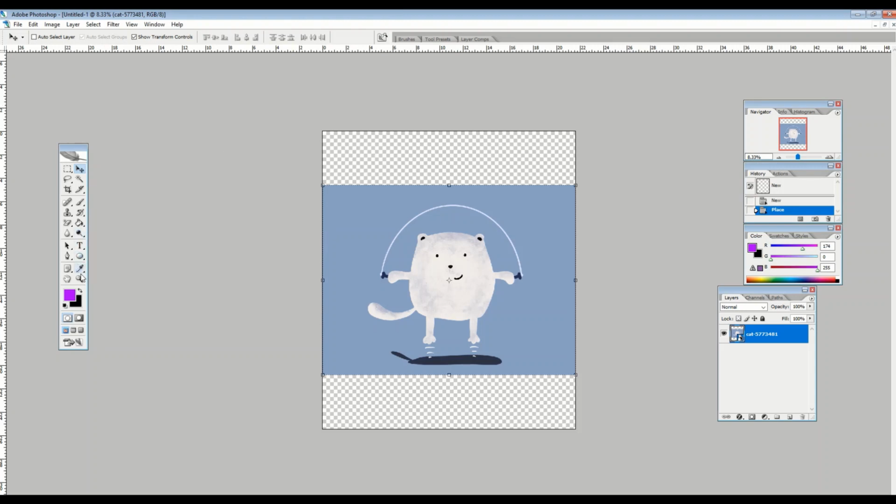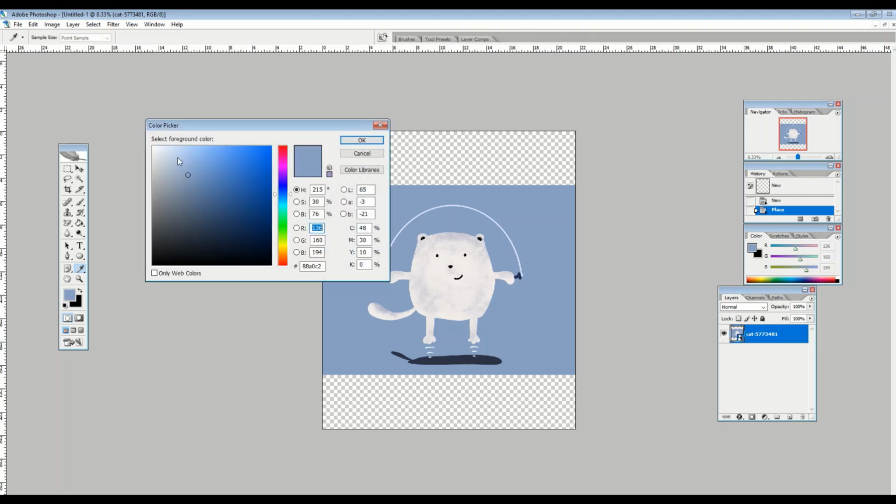It's pretty easy. It's this little eyedropper tool over here, and you can see it looks like a little eyedropper. And when I click on it, what will happen is now when I move the eyedropper over any part of the image and I click on it, it's going to tell me what the color is. So keep your eye on this bright purple here, and when I click on this blue, see how it changed? Now it changed to the actual color. So when I click on the color palette, it will now open up this color picker